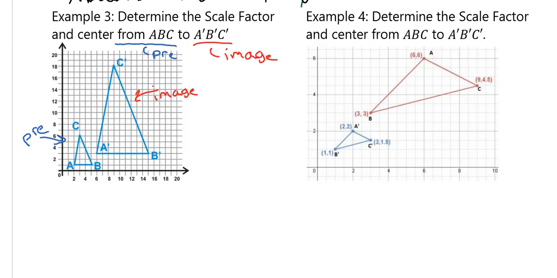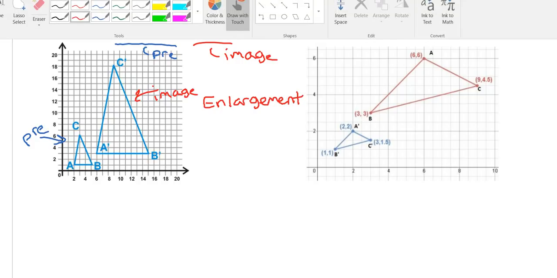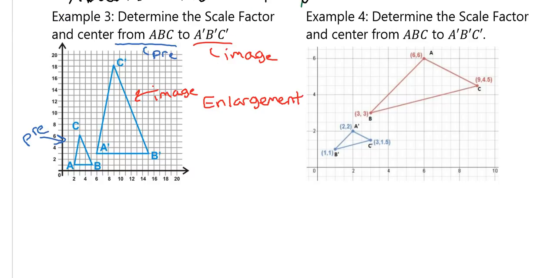So again, here my image got bigger. It's bigger than my first one. So this is an enlargement. Okay. K equals the image divided by the pre-image. So K equals your image divided by your pre-image. So then we have K